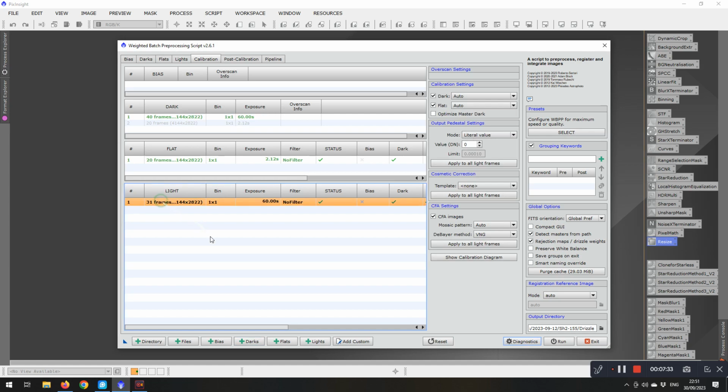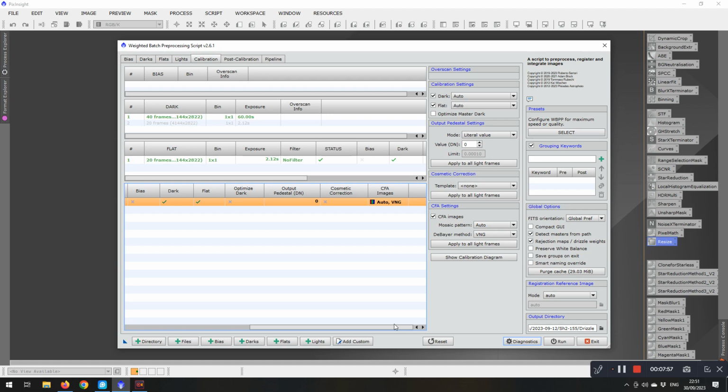Now if I select the lights, you can see that as soon as I select the lights, the flats have turned green, and these 40 dark frames have turned green as well. So if I slide that across, so that you can see the other stuff that's on here,